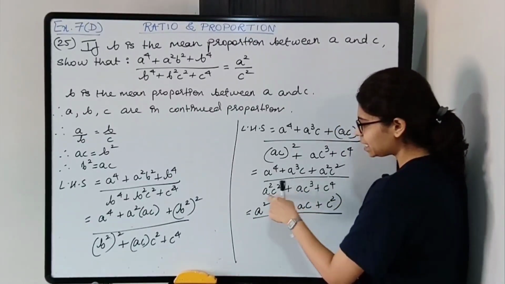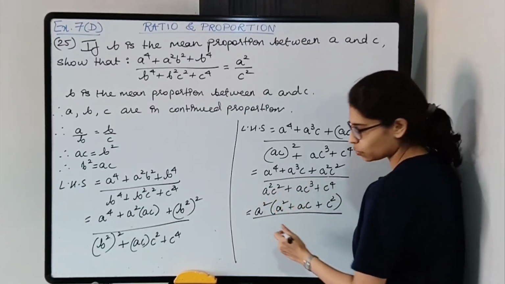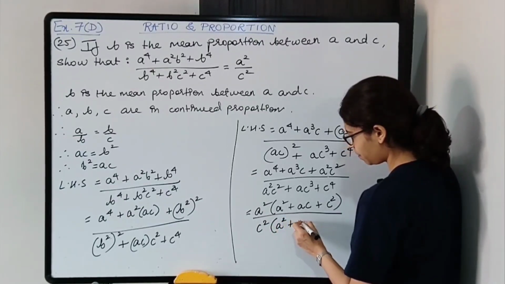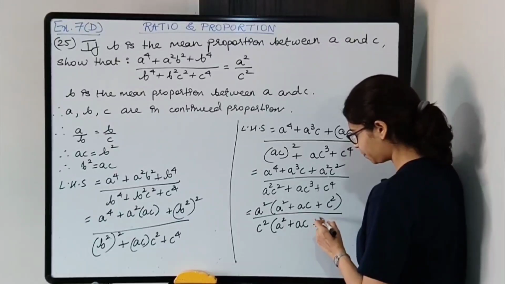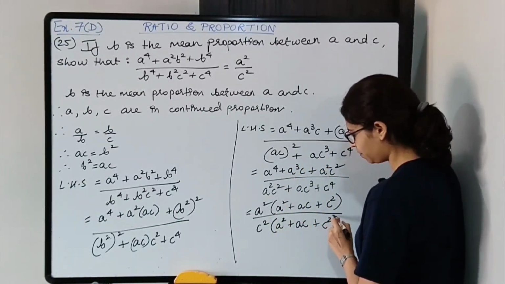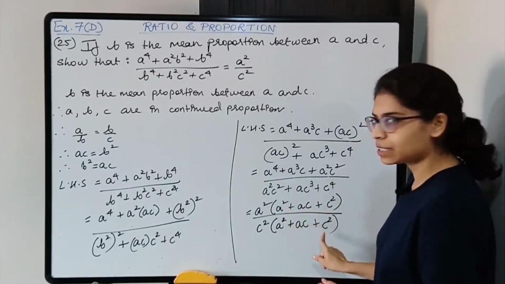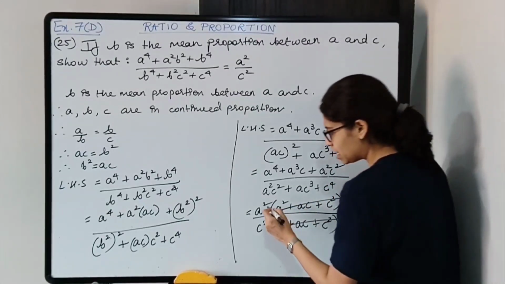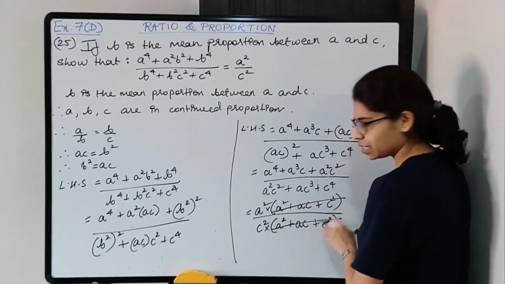Here I can take C square common. Here we have C square, C cube, C raised to 4. So I can take C square common. So we are left with A square plus A and C as it is. And C raised to 4, so 2 went outside, 2 inside. So brackets are same, every term of the bracket is same, signs are same. You can cancel out the entire bracket because there is a multiplication sign over here. You cannot cancel out A square, AC, C square, C square.